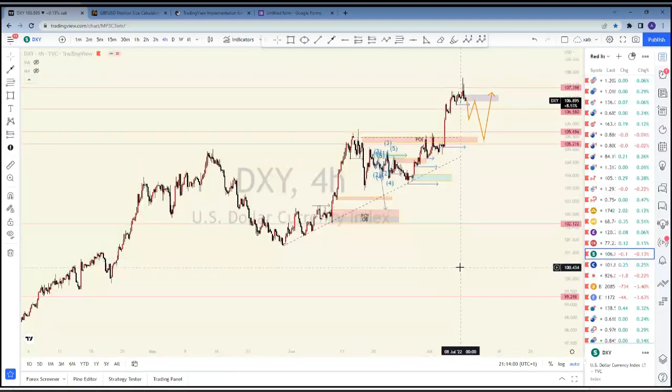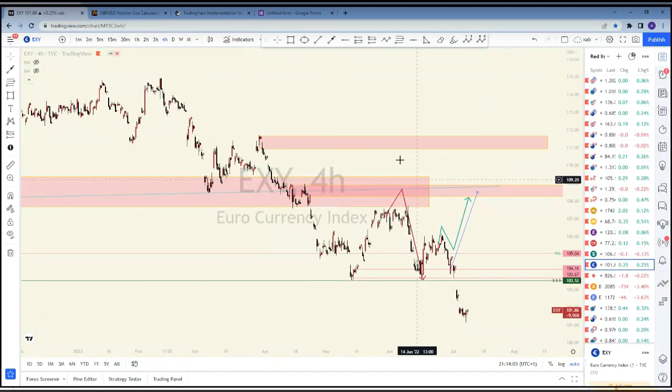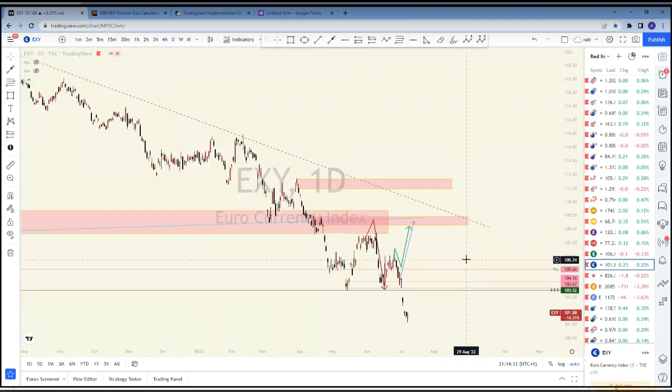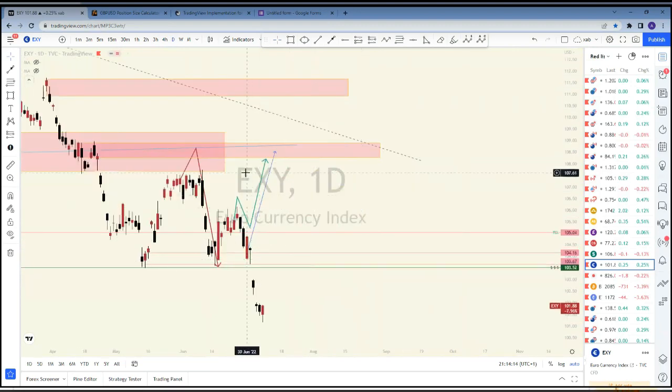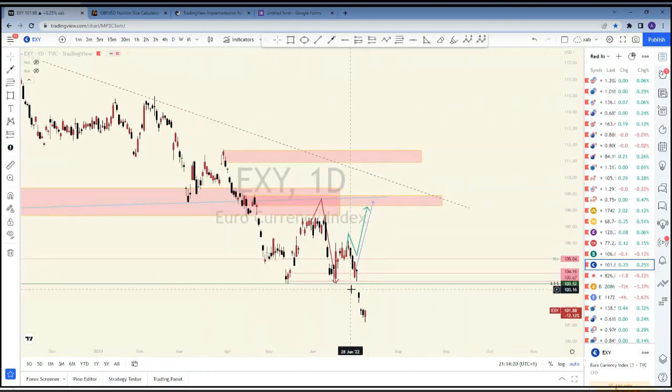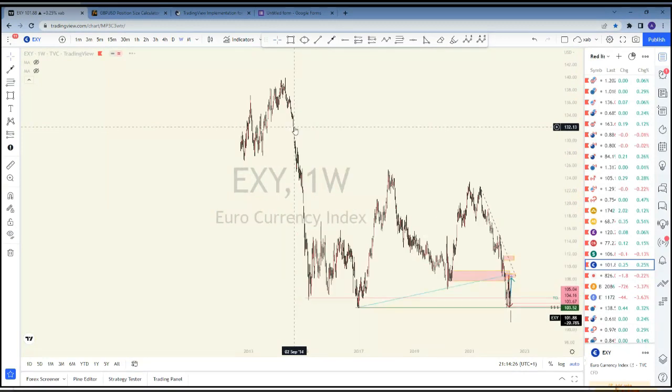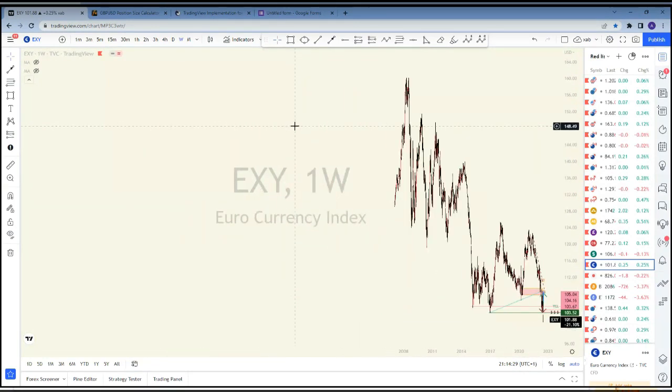The next thing we want to look at right now is EXY, which tells us what to expect from the euro. The euro has been so weak. I recall that last week Sunday we talked about the euro getting a lot weaker. But I was actually expecting it to come into this zone before continuing lower. It just broke this low, which means on the weekly time frame, we can start to check if there's anywhere in sight that the euro is heading towards.